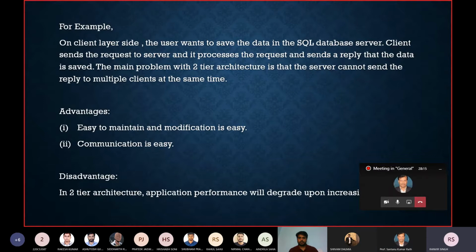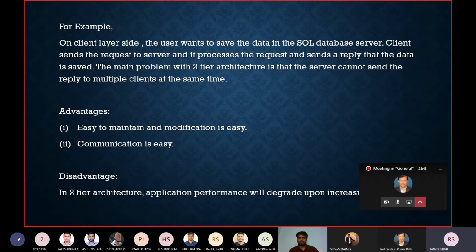Now the main problem with two-tier architecture is that the server cannot send replies to multiple clients at the same time for their requests. So this is one disadvantage, and one advantage of two-tier is that it is easy to maintain and modification is easy.